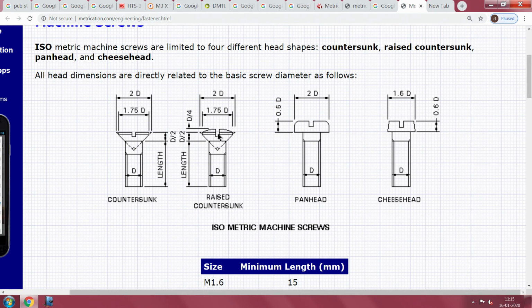It has a little advantage. First of all, location is perfect and the depth is a little more. You have seen this, it is d by 2 plus another d by 4, that is 3/4 of diameter. So, if it is a 4 mm screw, you have a 3 mm depth. In this case, you just have very little depth here.